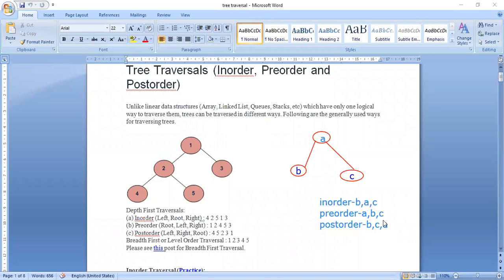This is the simple way of representation. Now if I take a big tree with 10 or 15 nodes, how will I approach it? Simple logic: first you consider 1 as the root or parent node. Next, on the left there are 3 nodes. Consider this whole subtree as the left child, and the whole right part as the right child.